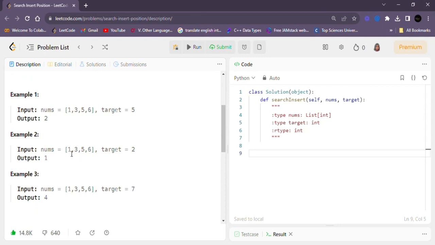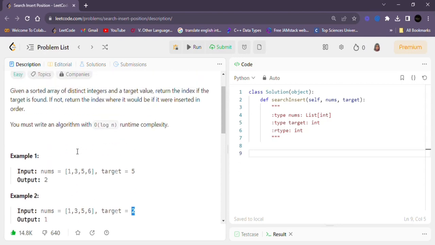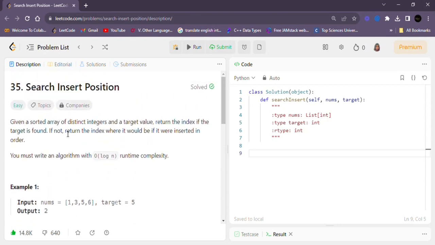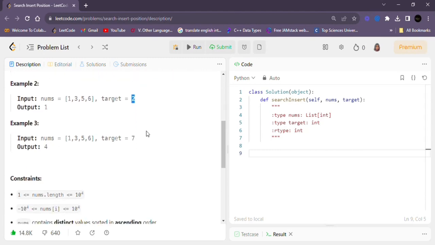In this case, if our target is missing, if we are unable to find the target, then as clearly mentioned, we return the index where it would be inserted. If we inserted that element, where would it be inserted in the sorted, ascending order? We need to return that index. Okay. The third case,